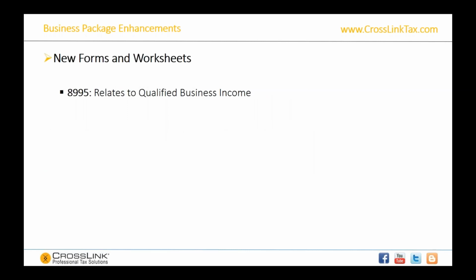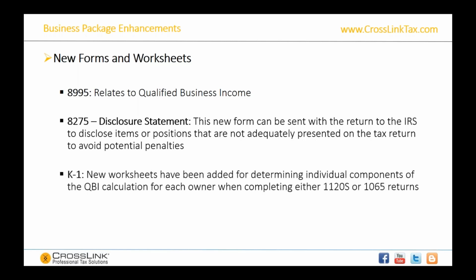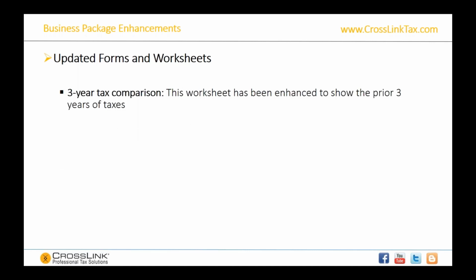And then new forms and worksheets. Let's just go real quickly. The 8995, which relates to QBI, has been added to the corporate package. Form 8275, the disclosure statement form. The K1 has some enhancements as well when it comes to calculating QBI. And then the three-year